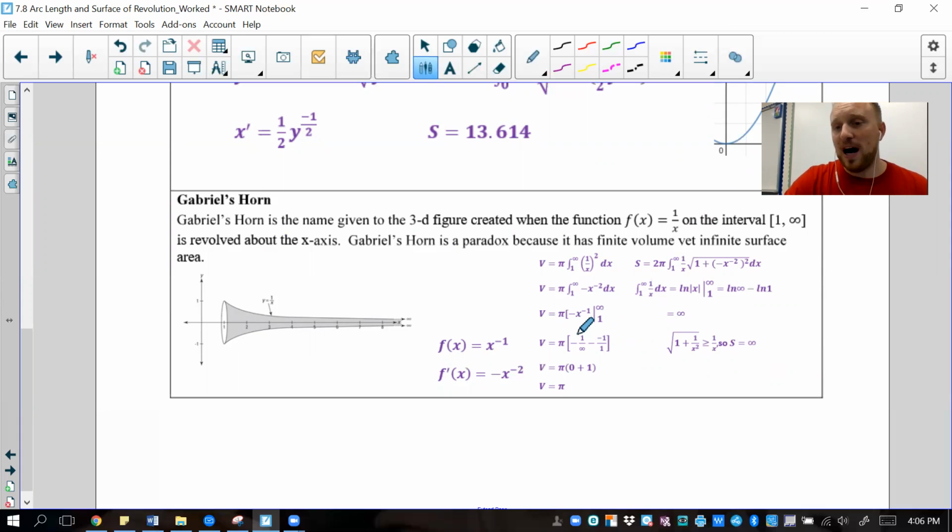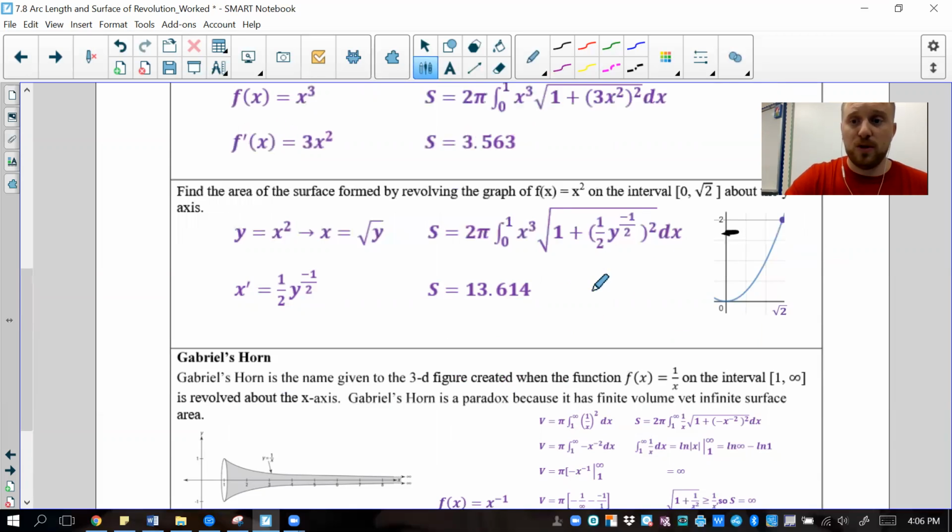When we solve this and find the volume, we take the integral of 1 over x, squared, and then multiply by pi. And so we found the volume is pi. So that's the volume. But if we apply that same concept to find the surface area, and we do the arc length,